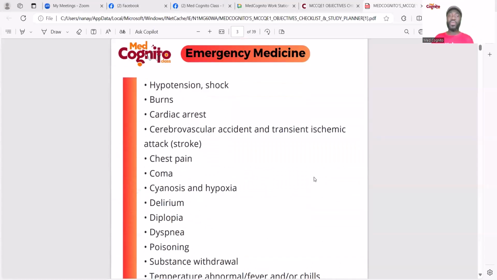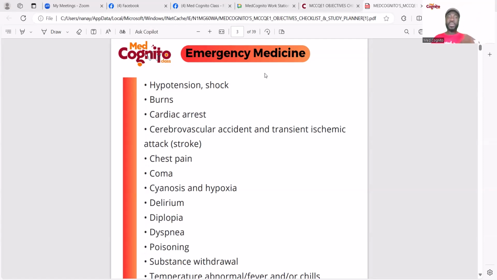The reason we started with this is that about 45% of the cases will come from emergency medicine. It's in the medical council's own table on how they distribute the questions. So that's why we started with emergency medicine. What topics do you need to cover? If it's not in this study guide, don't learn it. I can tell you for a fact. And if it is in this study guide, please focus on it.